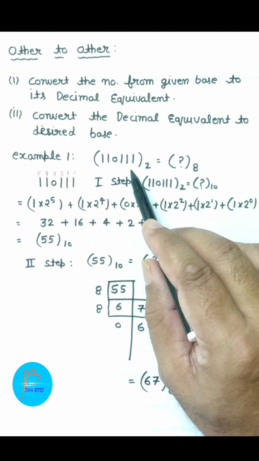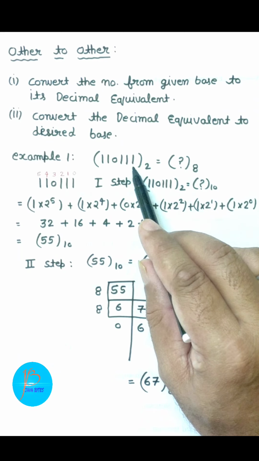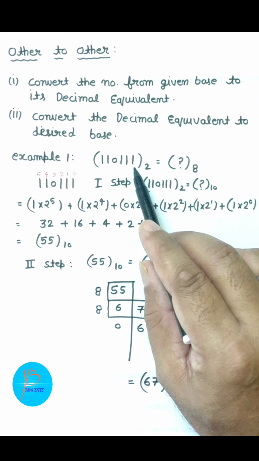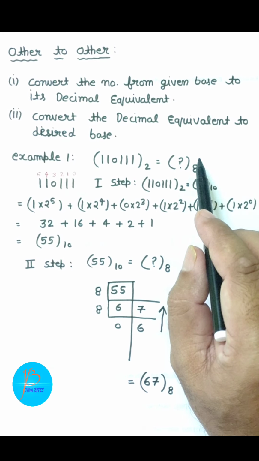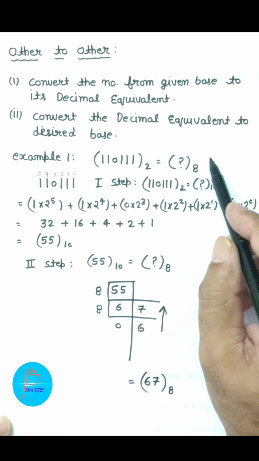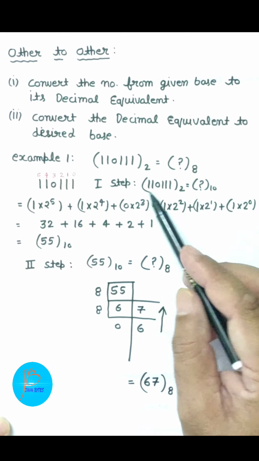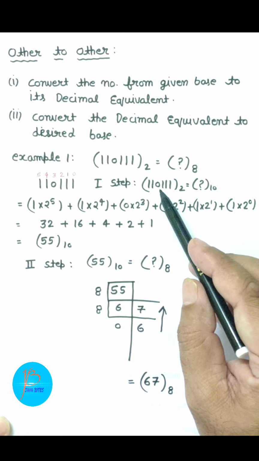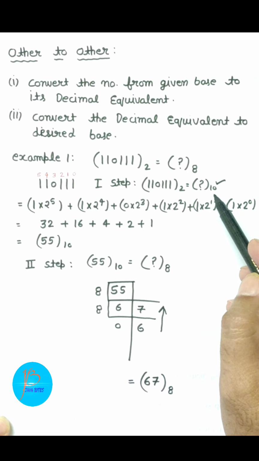यानी कि इस प्रॉब्लम में बेटा क्या करना होगा कि पहले जो बाइनरी नंबर दिया है इसको आप 10 के बेस पे कन्वर्ट करिए, फिर जो रिजल्ट आए उसको ऑक्टल पे कन्वर्ट करिएगा, और ये दोनों प्रोसेस हम लोग ऑलरेडी प्रीवियस क्लासेस में सीख चुके हैं. ठीक है ना? तो आइए इसको यहाँ पे एक बार करके देखते हैं. तो देखिए जो फर्स्ट है स्टेप, इसमें क्या करना है, we will convert the 110111 to its decimal equivalent.